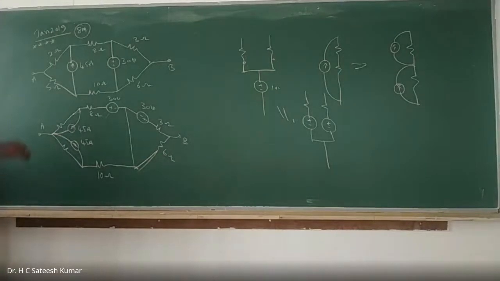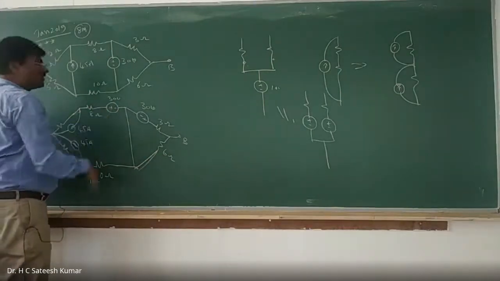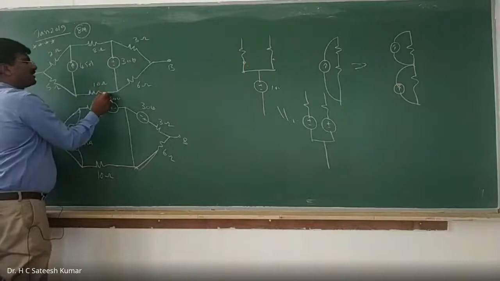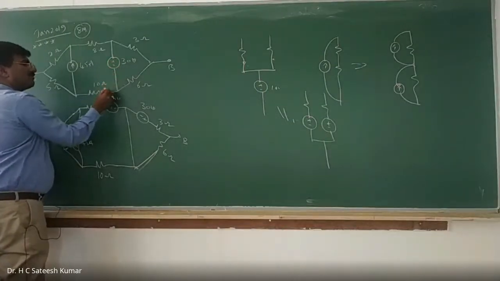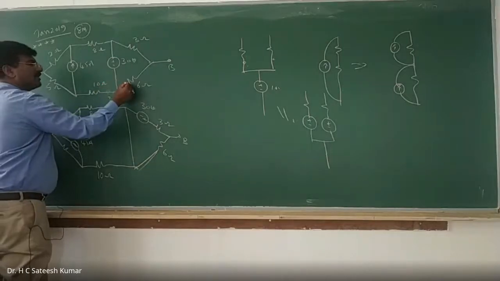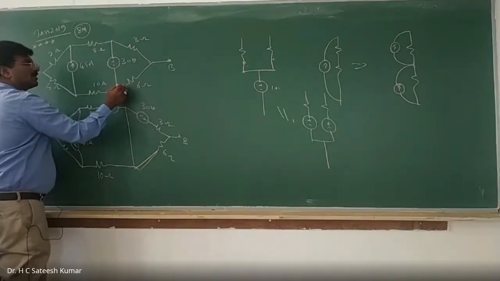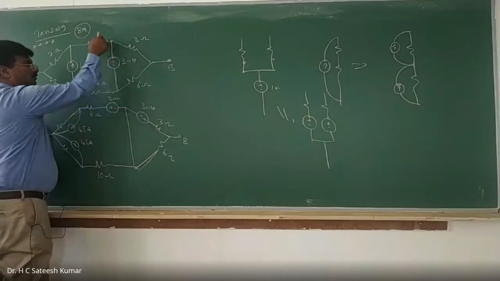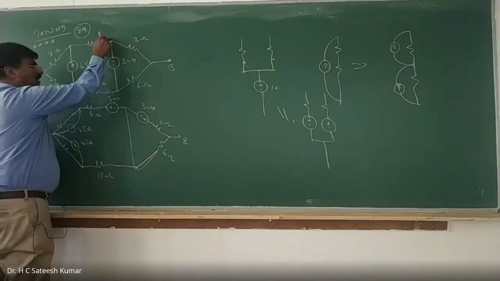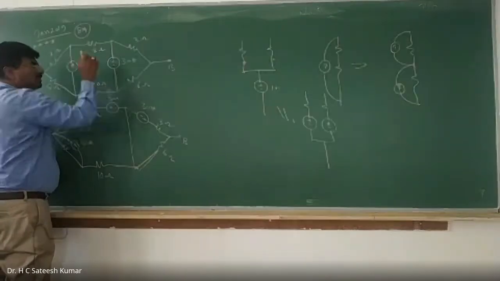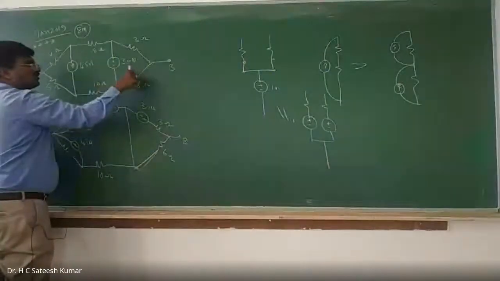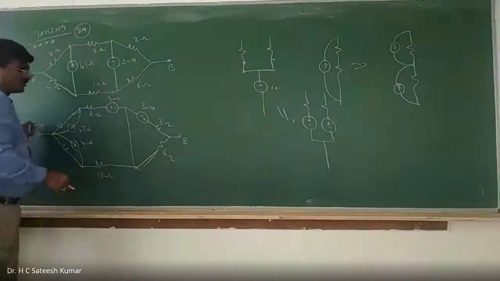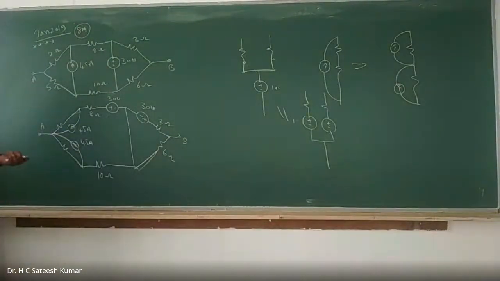Sir, can we shift it to the bottom side? We can shift it to the bottom side also. If the tip is minus and it comes this side, it will be minus here, and if it goes this side, minus will go this side. But sir, can we shift it downside for both sides? No. Either you can shift it upwards or downwards, both sides is not possible. We can shift it downside also, but I am doing it on the upside. That's all. Now you go for the simplification of this one. So how to simplify this one?